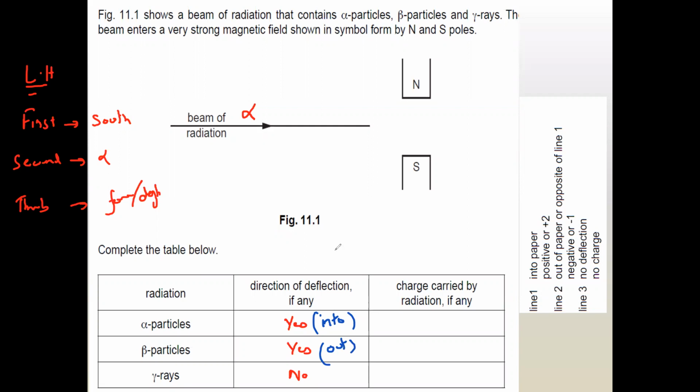And we can also work it out for beta. We'll use the right hand. Like for alpha we use the left hand, the same for beta we'll use the right hand. The index finger, the first finger, represents the magnetic south. The second finger represents the beta particle, and where the thumb points shows the deflection or deviation. So when you apply the rule,